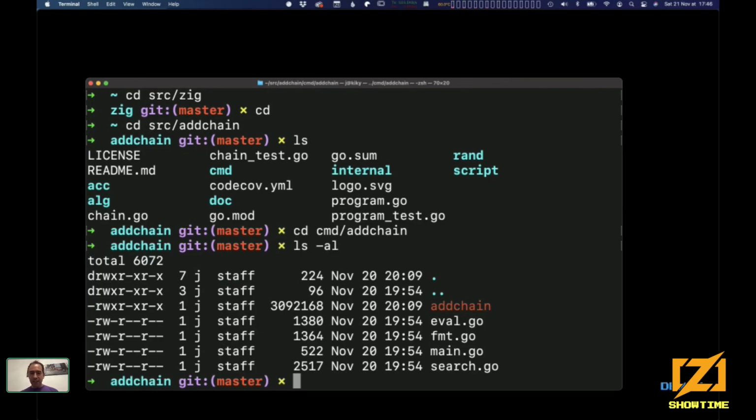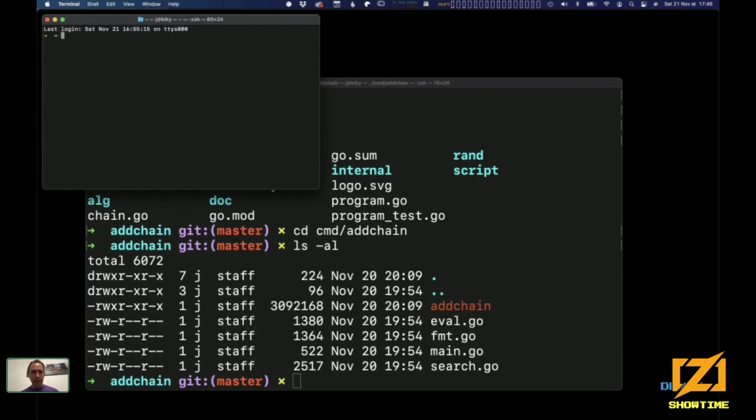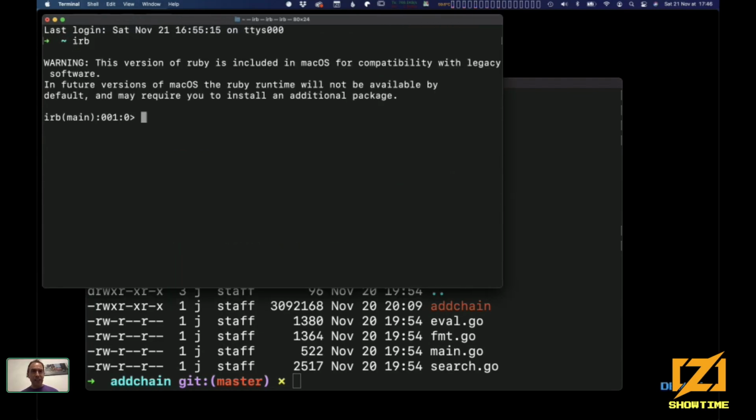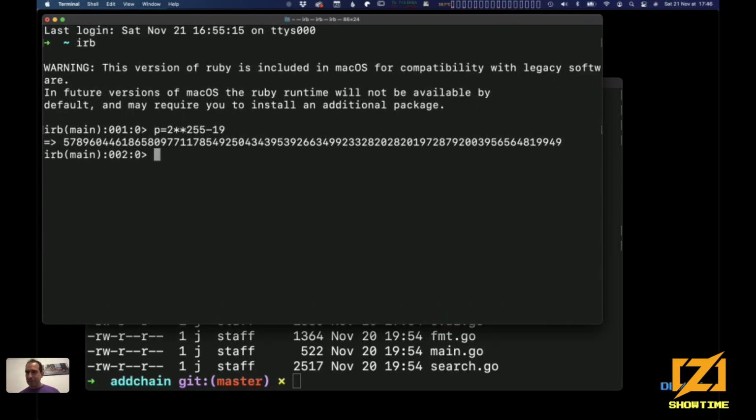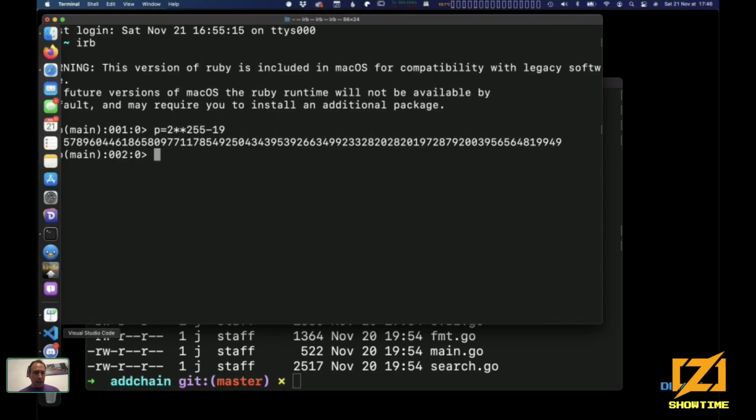Okay, so Async is very simple. You give it a number, and it's going to find such a chain so that you can multiply quickly with this number. So let's do it with a very concrete example. I'm going to use a different terminal, maybe. For computation, I like to use Ruby. It's a little bit weird, but I like it. So we had P equal to 2 to the 55 minus 19. This is the number we've been talking about. Pretty big number. And now let's take a look at the code.